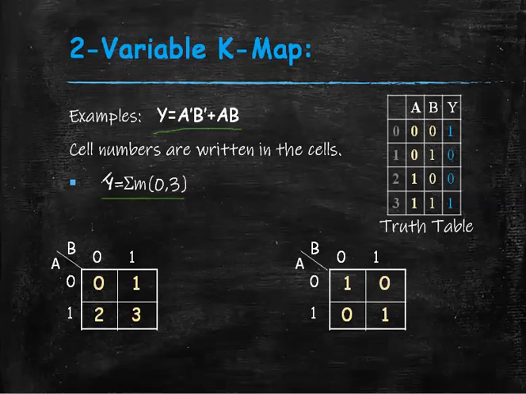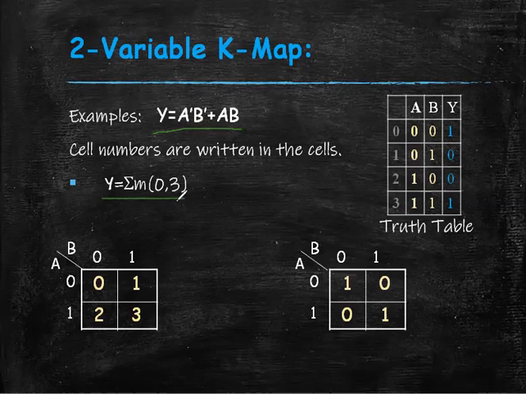From this SOP term we can simply say that we have to put a 1 in the position of 0 and in the position of 3. Or we can also say that